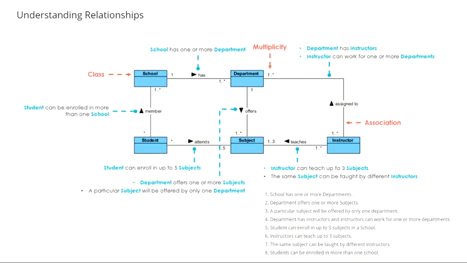Because of this arrow. This arrow signifies that you have to read the multiplicity from here to here only. So you will read it as instructors are assigned to one or more departments. And if you want to link department and instructor, you will just say department has instructors. That is fine. You need not say that department has one or more than one instructor, because we don't have to read it from here to here. Clear? Read this part.